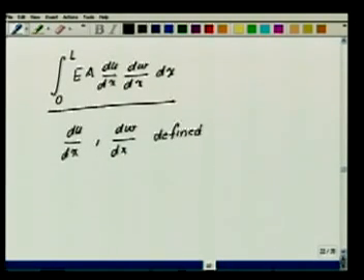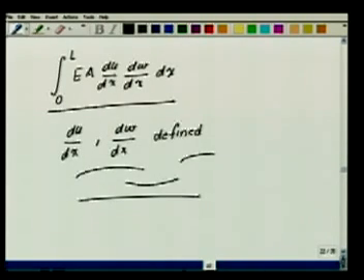Defined means that these derivatives can jump at points, which means that these functions, the u and the w, can have kinks. That is the reason why we have used this kind of basis functions,